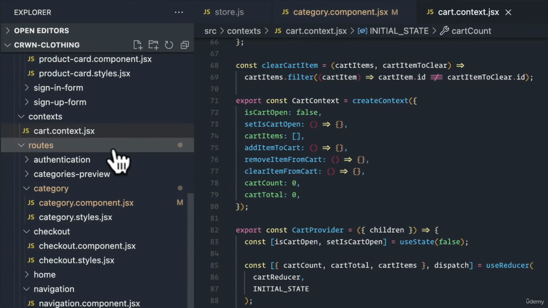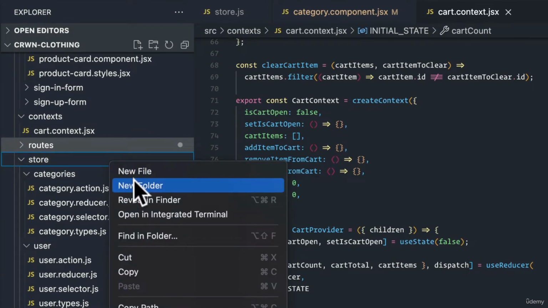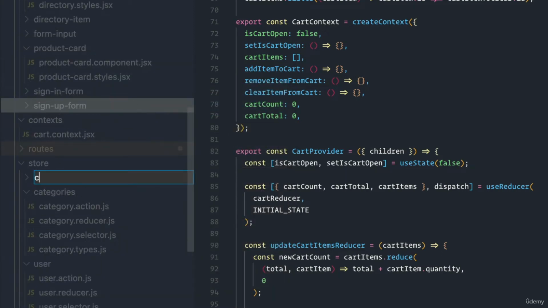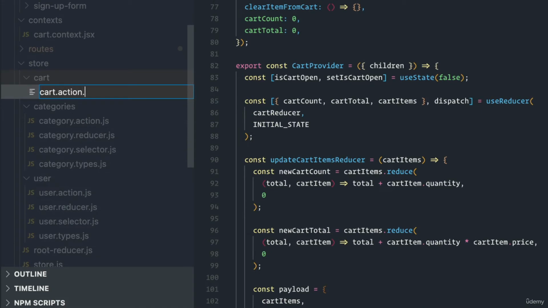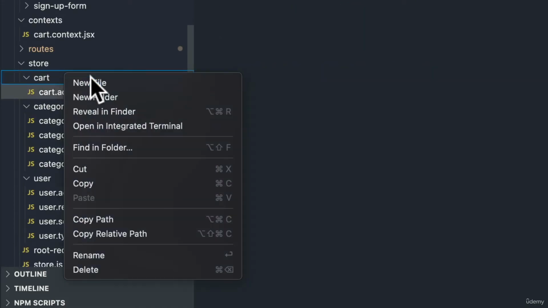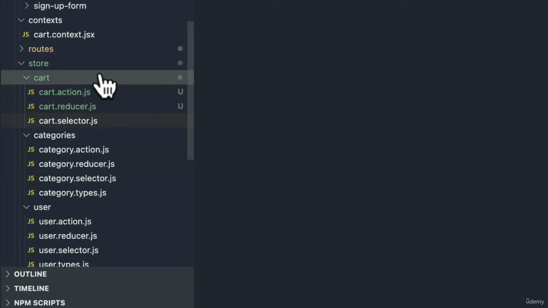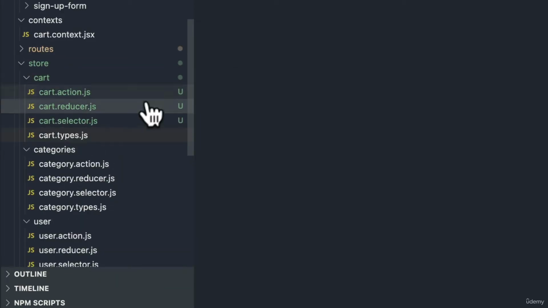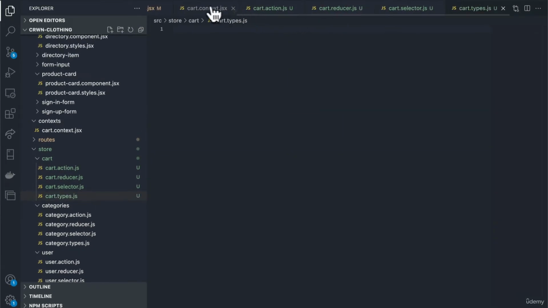So to begin, what we're going to do is let's go into our store and let's set up and scaffold all of the things we need in order to get this Redux up and running. So I'm going to make the cart folder. I'm going to make the action.js. I'm going to make, of course, the reducer.js. I'm going to make the selector.js. And I'm going to make the types.js. All the things that we need. And then what we'll do is we will slowly migrate over into each of these files, the different things that